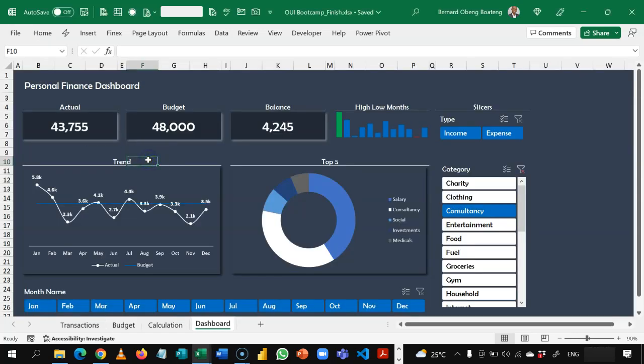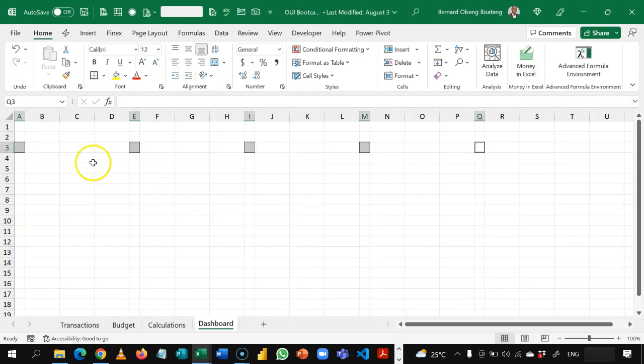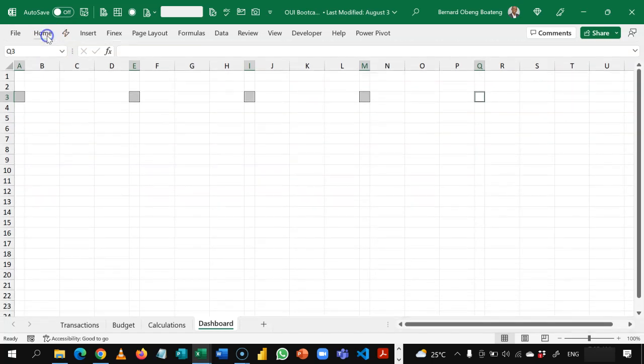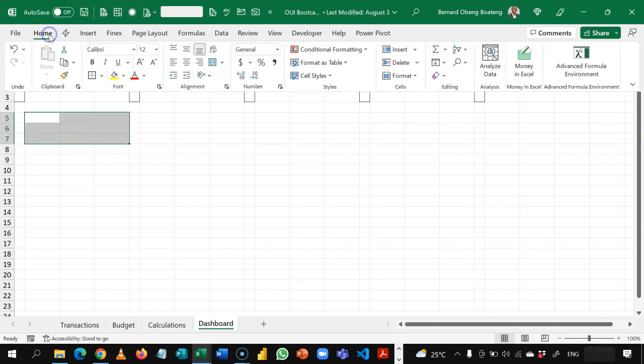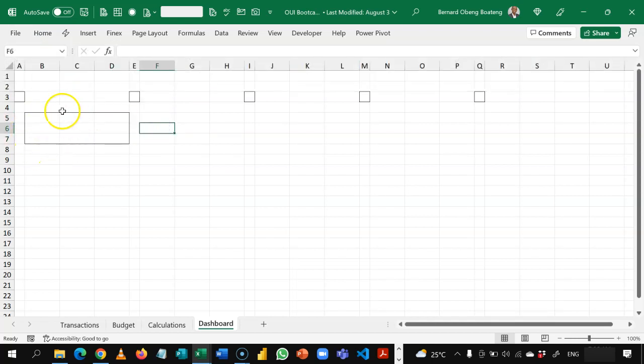So if you look at my dashboard, I have my first actual indicator in a box from B5 to D7, right? So based on each placeholder's position, you can use this to create your mockup. A very simple process. So for more space, you can double click the command tabs, it folds up. Okay, so B5 to D7, so you can select B5 to D7. Okay, so under home, I already have my outside borders, so I'll mark this part, okay, as my first placeholder,